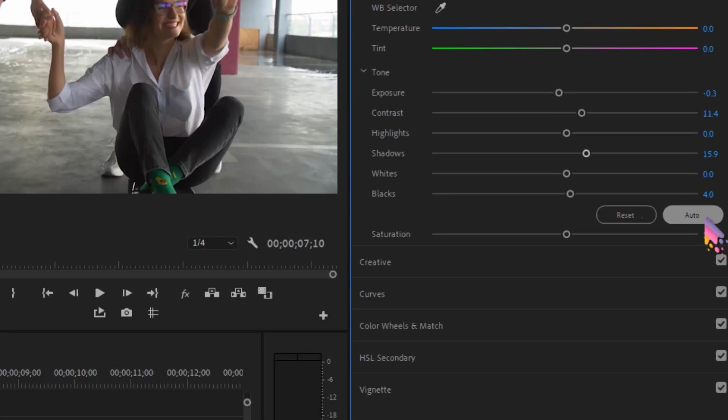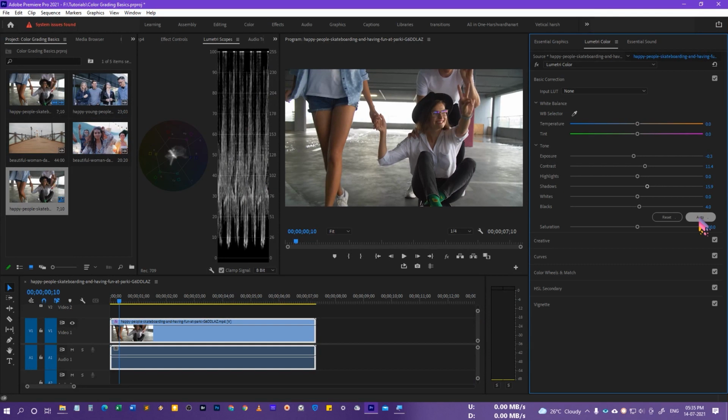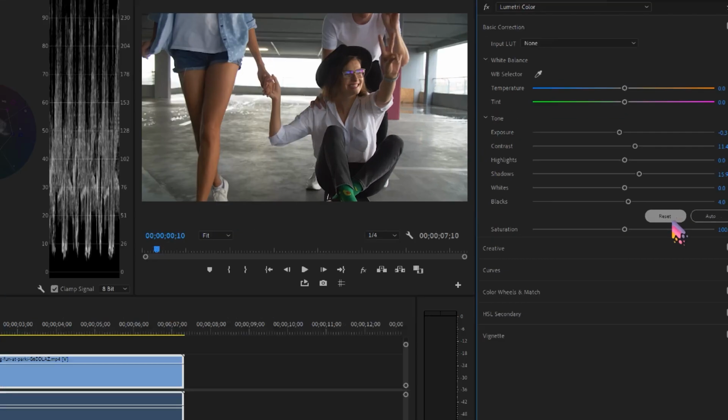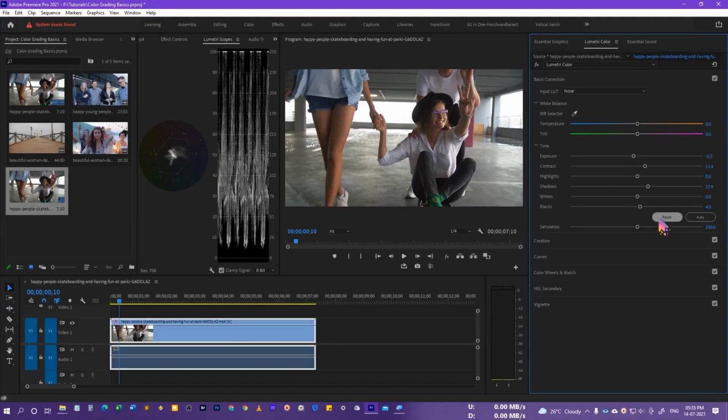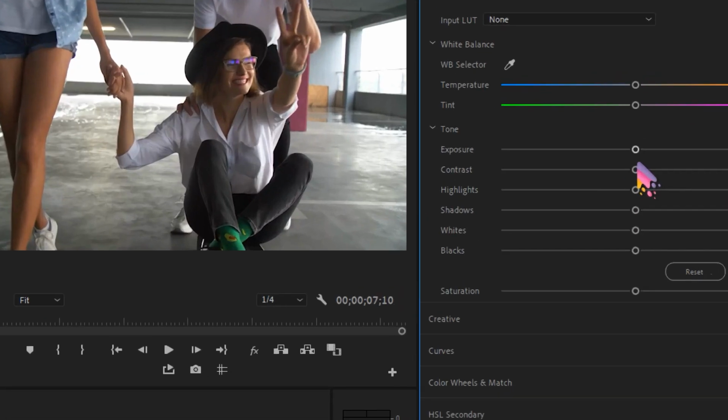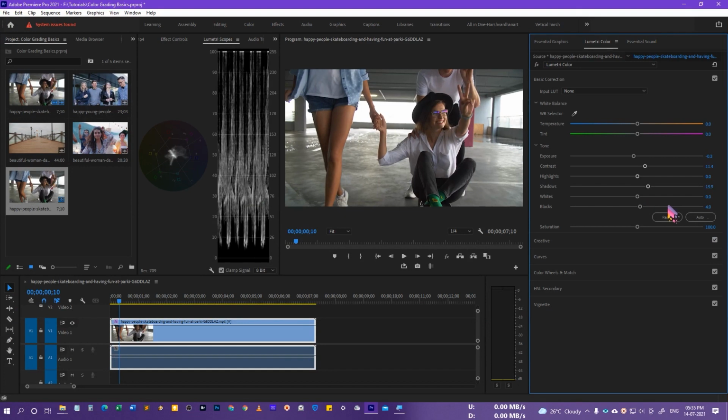And then we have the option of auto as well. So auto is going to adjust it automatically, and that's going to give you the perfect option. So if I just press the auto, you can see it automatically does this for you. But I don't want this one, because I want it manually. So I want to have the manual control of how this clip is going to look. And then we have the option of reset. So if we just click on this reset button, that's going to reset all the adjustments we have just made. Right, so I'll just press Ctrl Z, Command Z to undo it.